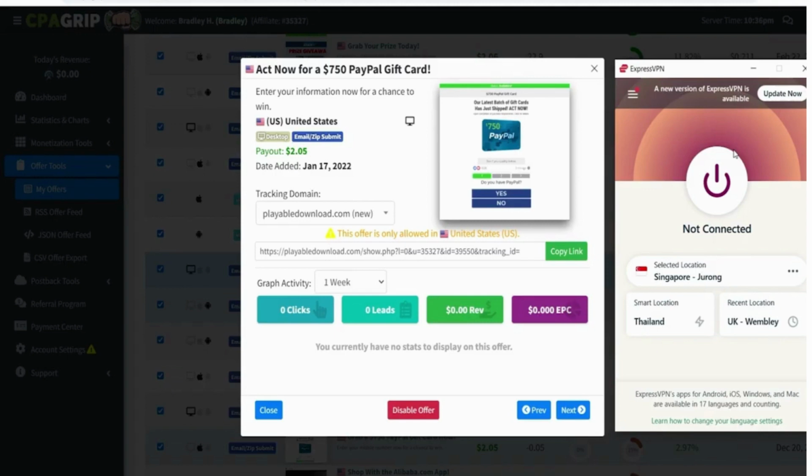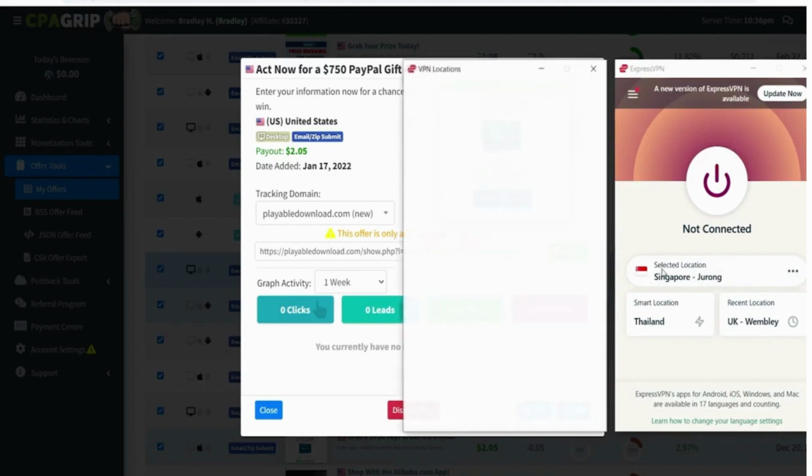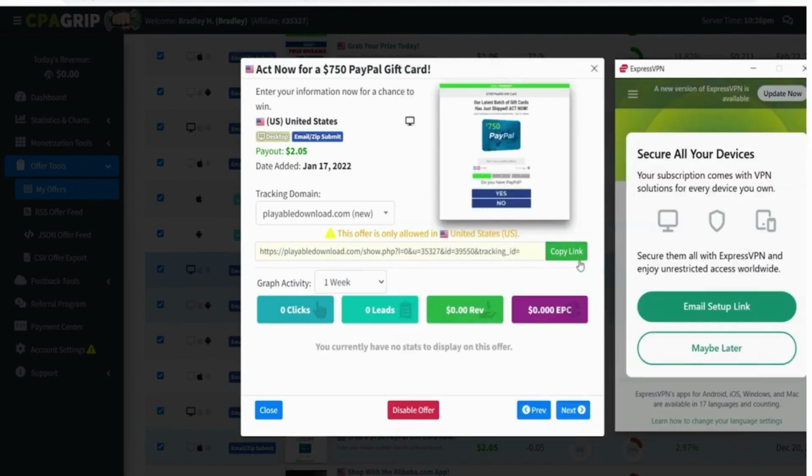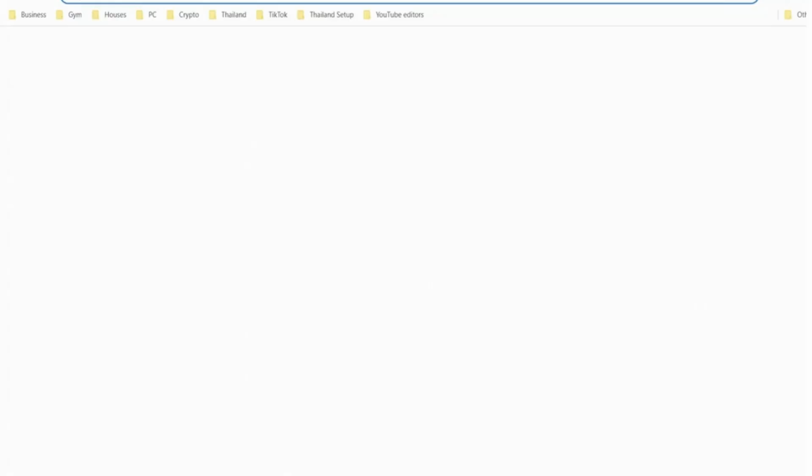But all I need to do is open up a VPN, and it can be a free VPN. It doesn't have to be a paid one like ExpressVPN. You can then change your location to the United States. And now you're connected to the US, you can then copy this link again, open it in a new tab